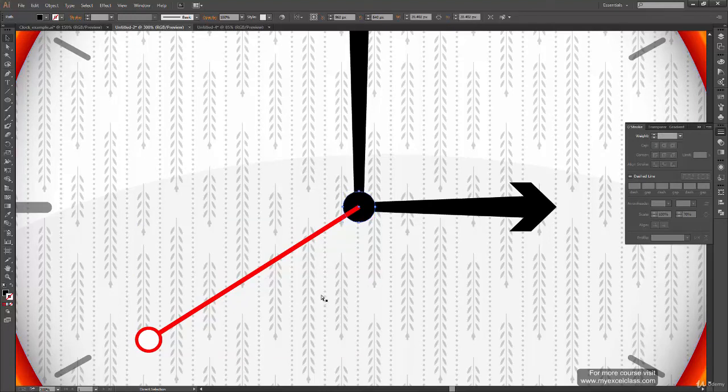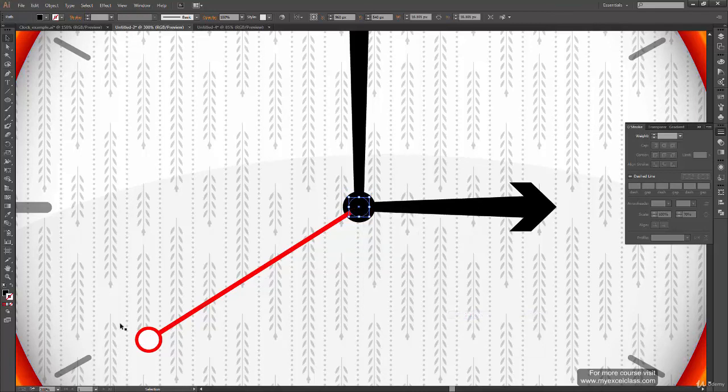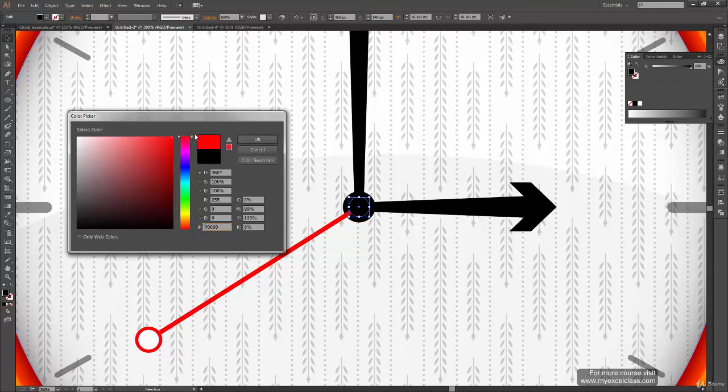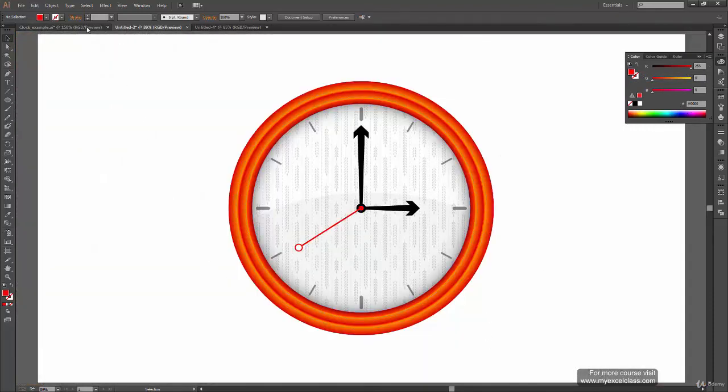You can again copy this circle and paste it again. So Control C to copy it, Control Shift V to paste it at the same place, and just scale it a bit. Again, to bring it on the top, you can go to arrange and bring to front and have a red color inside this instead of a black one. Okay, so it's only applying the gray one. So from here you can go to this color panel and select RGB from this top right drop down menu. Once RGB is selected, then it will select red color for you. Okay, so this looks more realistic than this one because here we have the second hand behind this, but this looks even better.